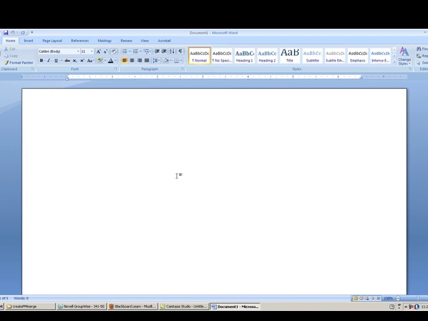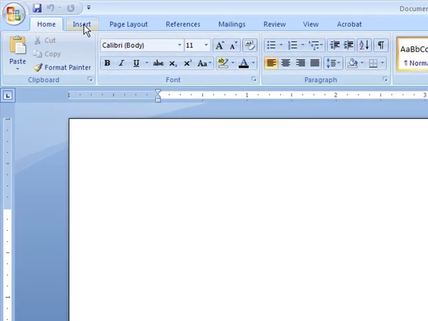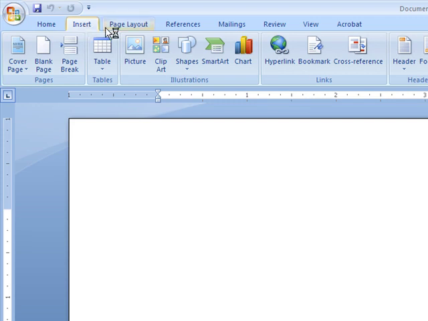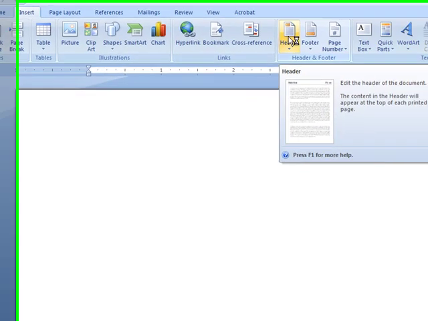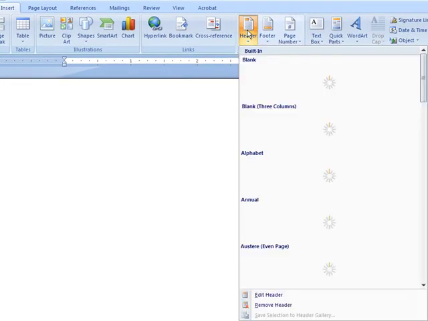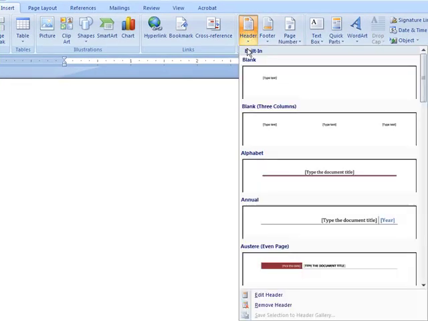So we've got a blank document now. The first thing we'll do is insert a header. So we'll come up to the Insert tab, slide over to the Header Footer area, click Header, and any of them work just fine. I'm going to go ahead and just select the first one,